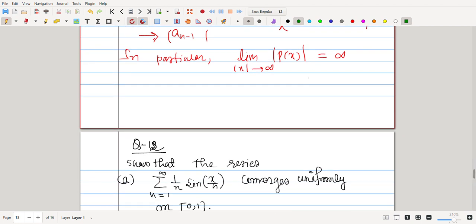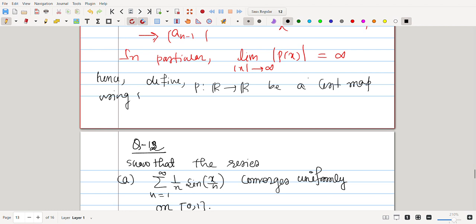The next part says that we need to show, by using this polynomial, that p from R to R, a continuous map,